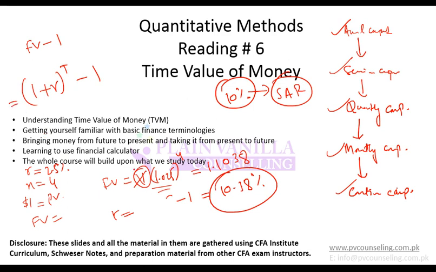So how am I getting EAR? I am getting EAR by doing 1 plus r to the power t, minus 1. What is this r that I am using? This r is the stated rate divided by the number of periods in 1 year. So that means I am simply doing 1 plus r divided by n, or m, whatever, to the power t. What is this t? t is again the number of periods. So if I have to calculate EAR, I can simply use this formula, which is 1 plus r divided by n, to the power n, minus 1, to get the answer for EAR, or to convert stated annual rate into EAR.